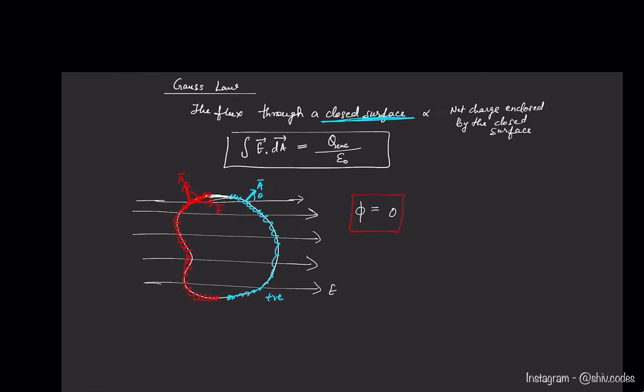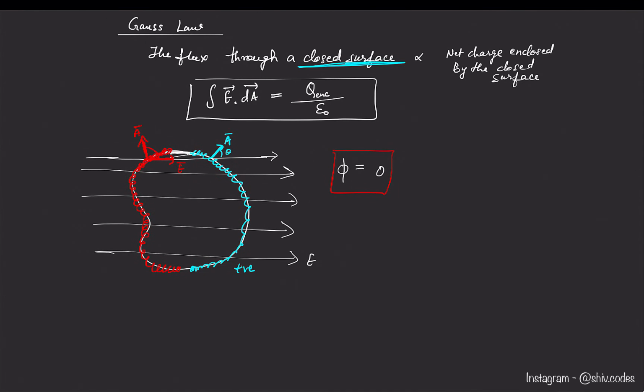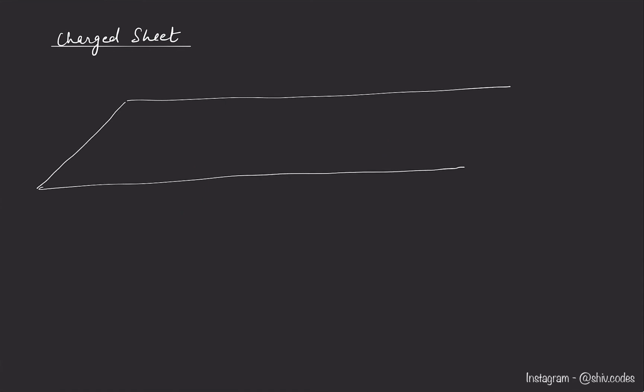So Gauss law can be used to derive the formula for the electric field intensity for different types of charged objects. For example, let's consider a charged sheet. So there is an infinite sized charge sheet. The length of the sheet and the breadth of the sheet are infinite. So assume that the length goes to infinity and the breadth goes to infinity in both directions. So we have an infinite charge sheet,